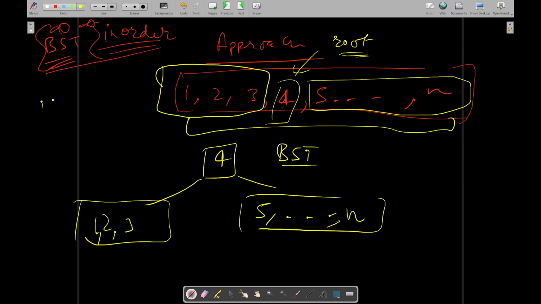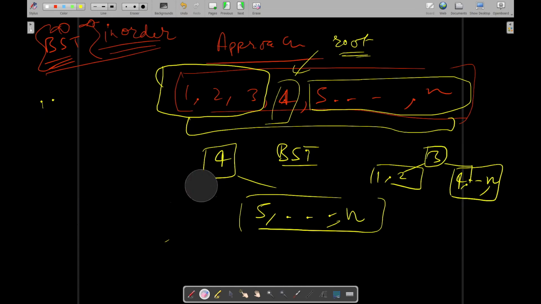There are other binary search trees possible also. For example, if you take 3 as root, then you will be having 1 to 2 in the left subtree, and from 4 to n in the right subtree. So these are the options that you will be accessing. Now if I somehow give you,